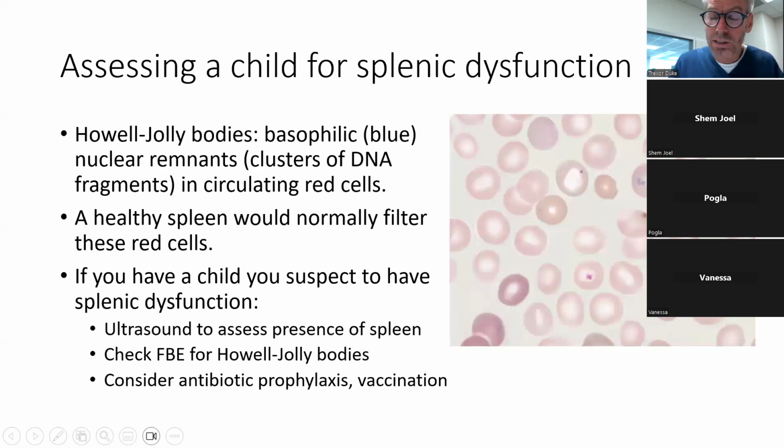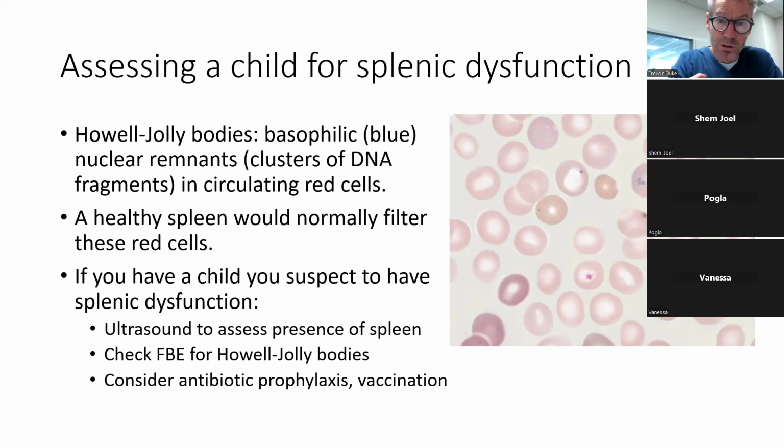Lastly, I think a number of children we see have dysfunction of their spleen. They might have a large spleen, or they might not have a large spleen, or they might have an absent spleen, but they may have some splenic dysfunction. And that can lead to an increased risk of infection. And you can assess a child to see if they've got a functioning spleen. So if you see a child who's got overwhelming sepsis, then the ways to assess a child's splenic function is,